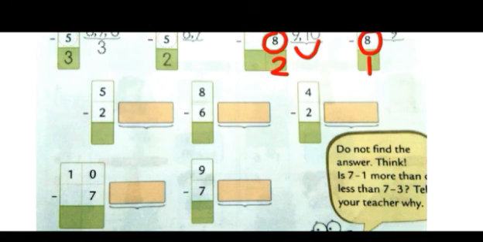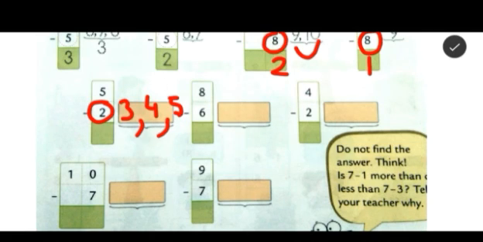Okay. Now see this next one. 5 minus 2. Which is the smaller number? Let's circle it first. Okay. Starting from 2, we have to count forward till 5. Let's do that. 3, 4, 5. See, we reached 5. So how many numbers did we count? We counted 3 numbers. So what is the correct answer? 3. How many steps we will count? How many numbers we'll count? That is the correct answer.